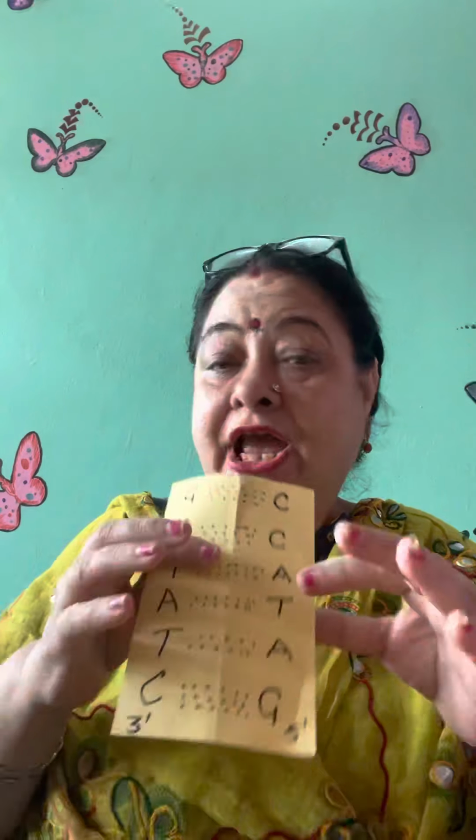That's why the replication of DNA is semi-conservative and it requires a set of enzymes to catalyze this reaction. And this replication is very expensive as far as energy is concerned. A lot of energy is required for this replication process, and that's why the whole DNA strand cannot be replicated at one time. Only a small portion can be replicated.